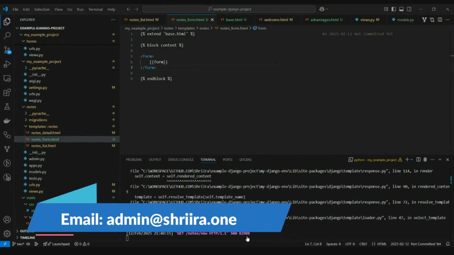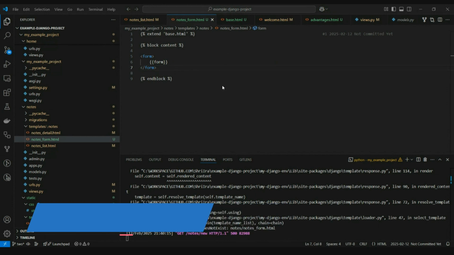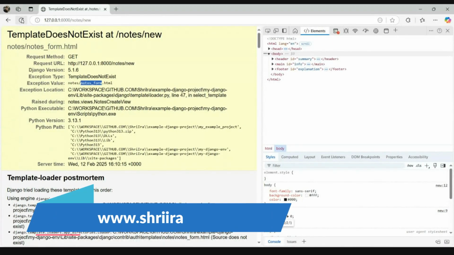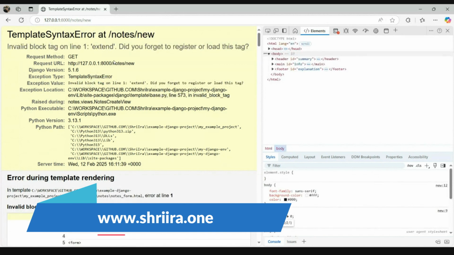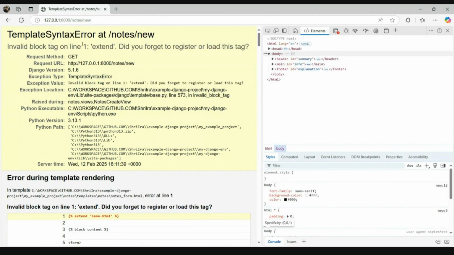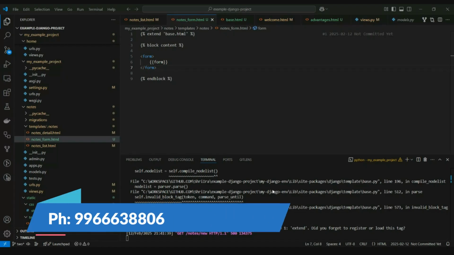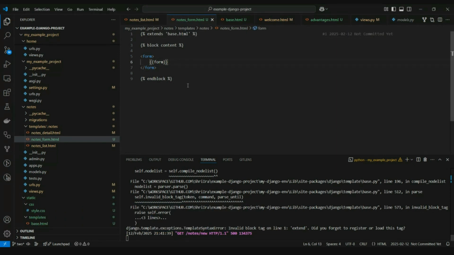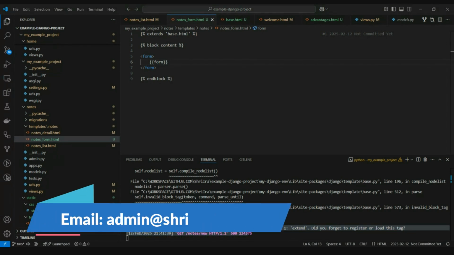Let's go to the UI. Now I have a form. Let's refresh. Duplicate register and load this extends. Okay, I think I did a spelling error. Let's go back to the code. Extends is what I should use here. Good. Let's go back to the browser